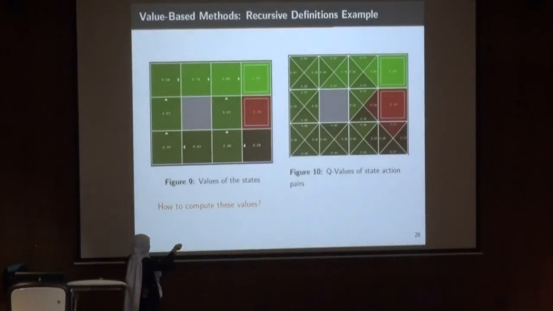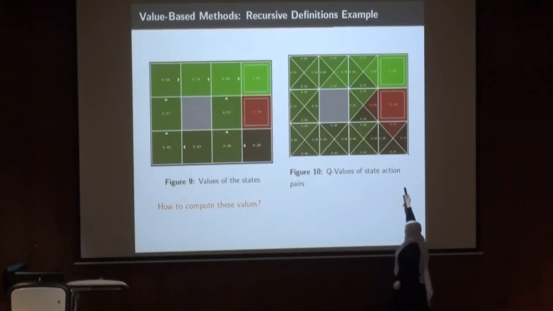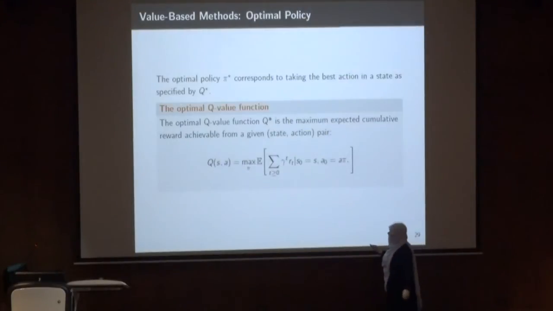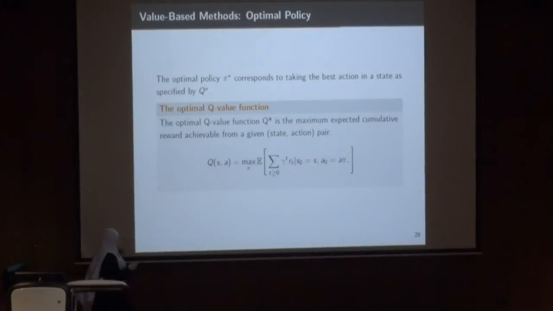This is the value, a map of the values, the one that we've seen before, and this is the Q value. So for a certain state, for example here, I have a value of being in this state and executing up, down, right, left. So I will know what the best action to take from this Q value also. Okay? And my optimal policy would be a maximization over this expected value.